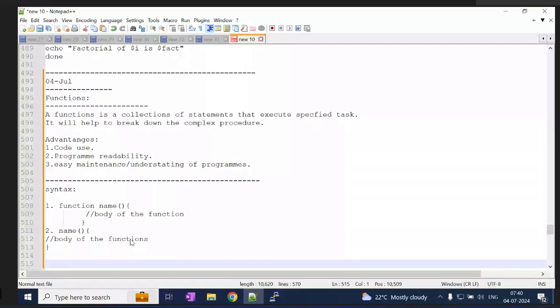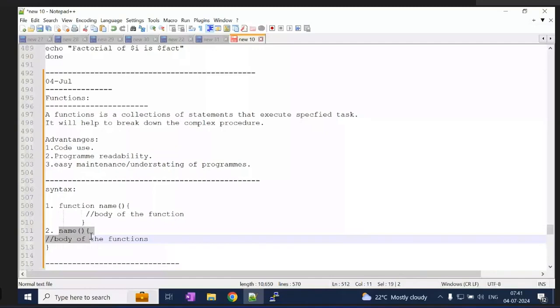Generally all the developers follow the second method, and from a project perspective most of them use it like this. It's up to you how you want to use it.